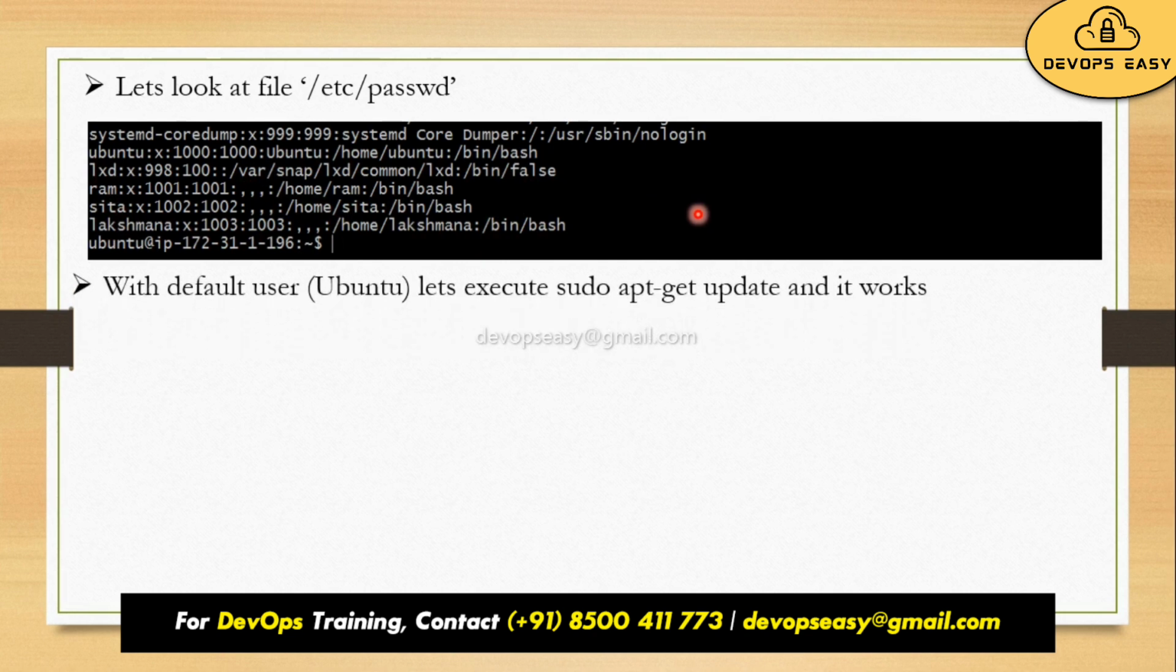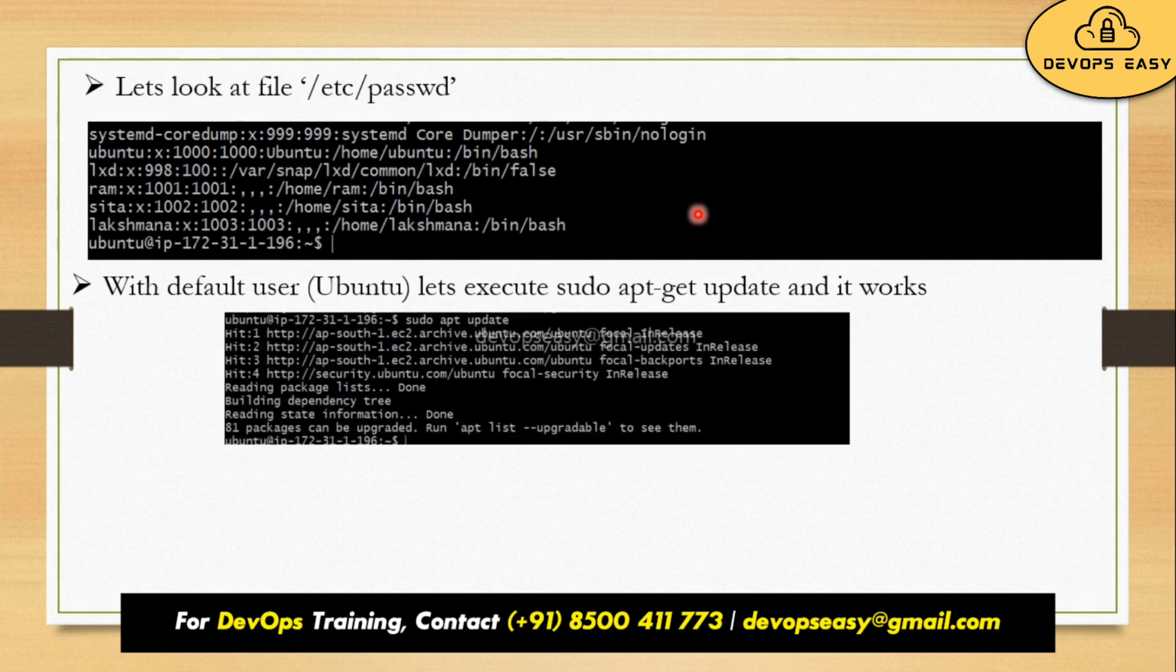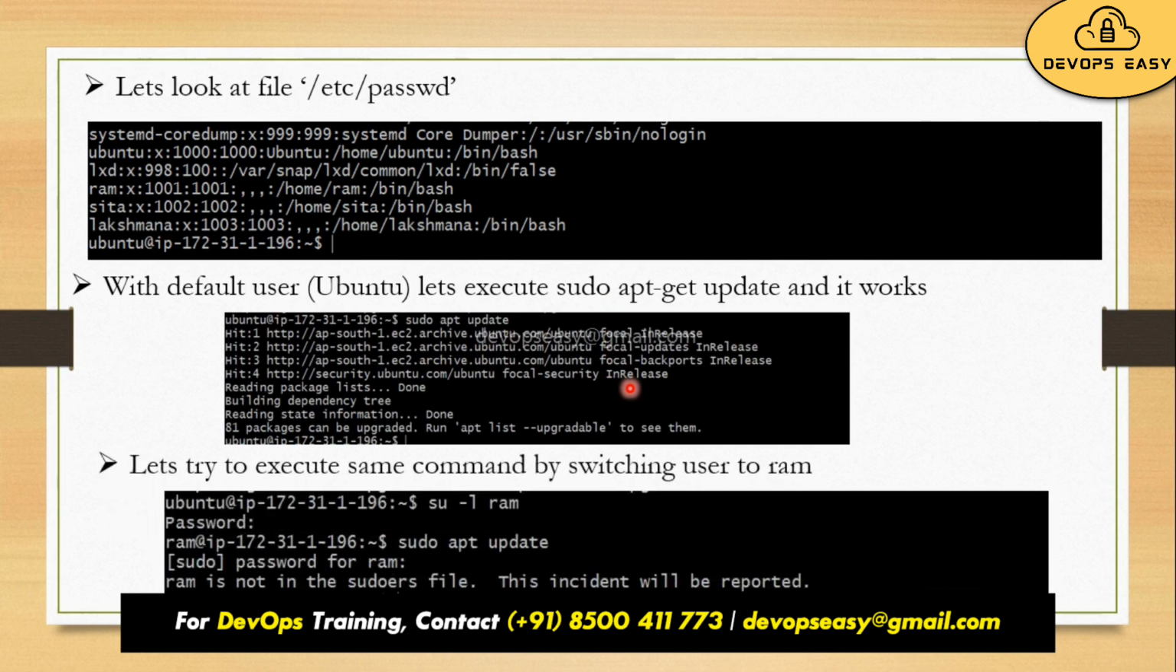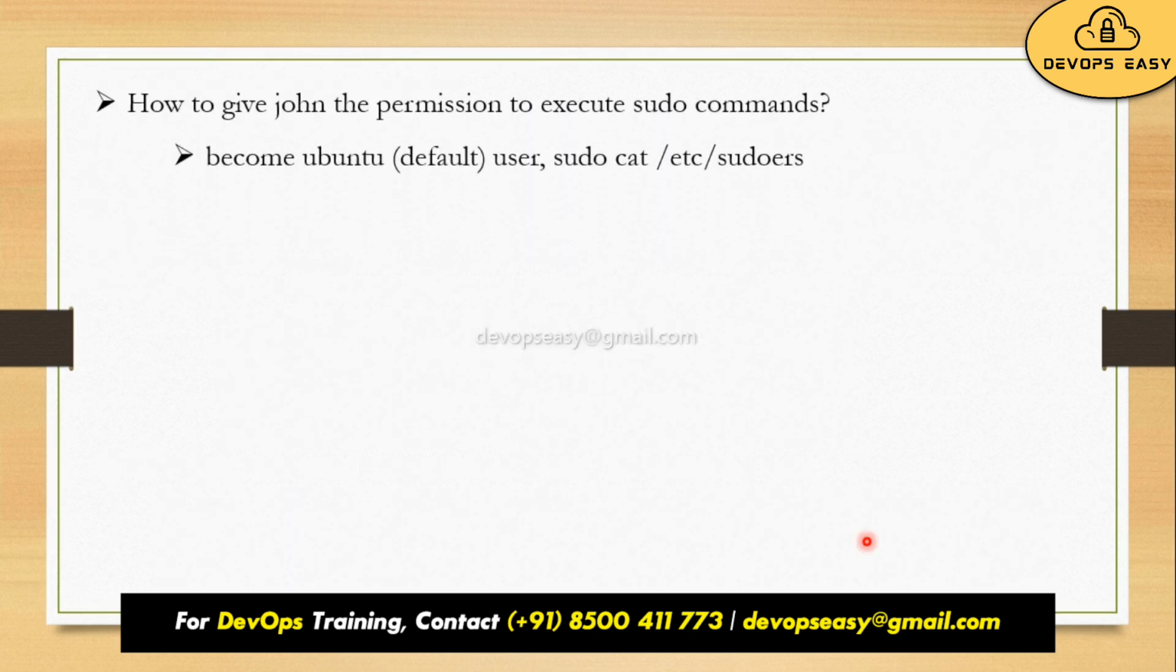Now I will log into the ubuntu user and execute sudo apt update, and it's working perfectly. Now I will log into the new user which I have created, Ram, and execute it. I'm getting a message that the user is not in the sudoers file, and this incident will be reported. Whenever you create any new user, the user will not have any superpowers. It's a dummy user, so you need to add those superpowers. How to add that? Let me show you. So how to give Ram